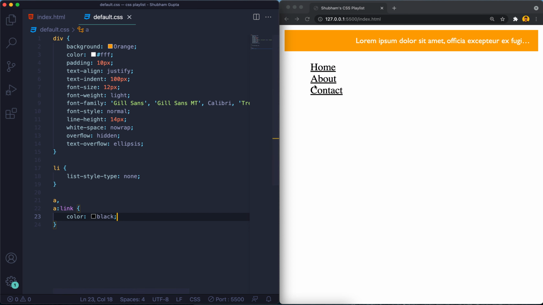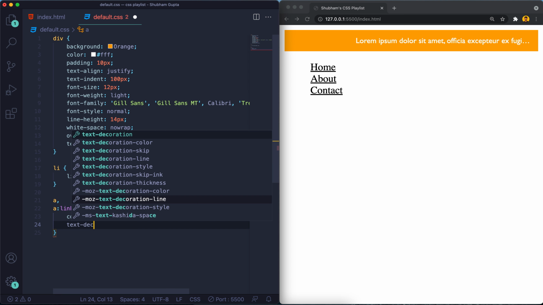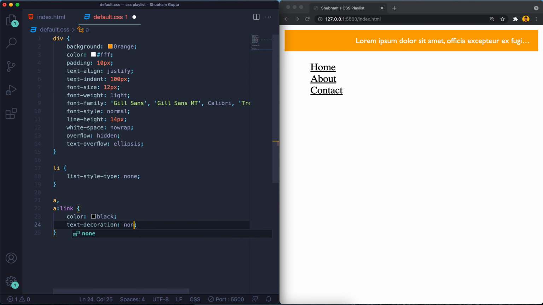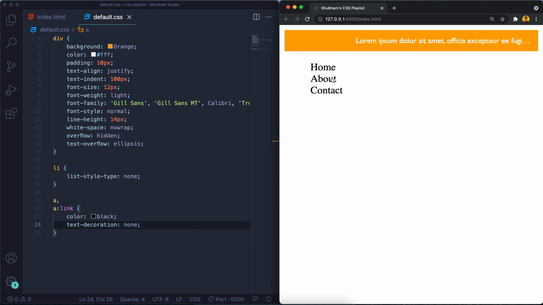And we know that the underline is text decoration, as we just worked on. So text-decoration none, we can remove this, and we can use it on demand if you really want this text decoration. So we can use the properties of anchors and the list also.